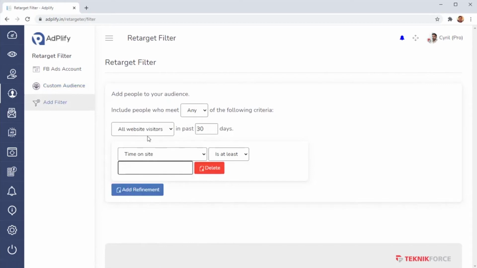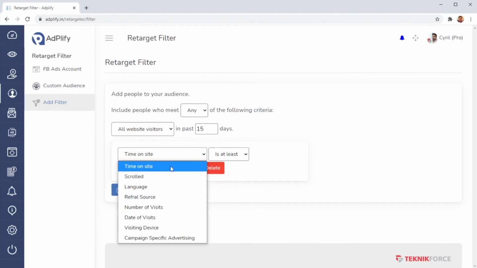Just click on add, and then you can select what you want to do with the visitors, like how many days of visitors you want to target. If you want to target, let's say just the last 15 days, you can do so. And then you can choose what behavior you want to target. Do you want to target how much time they spent on the site, how much of the page they scrolled,